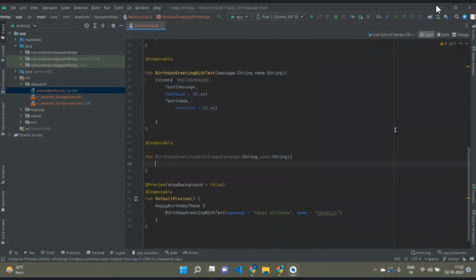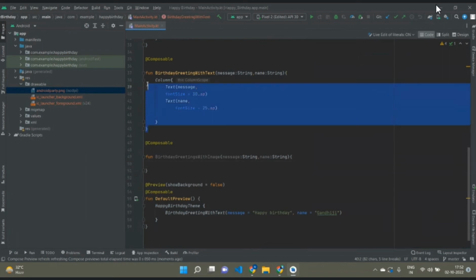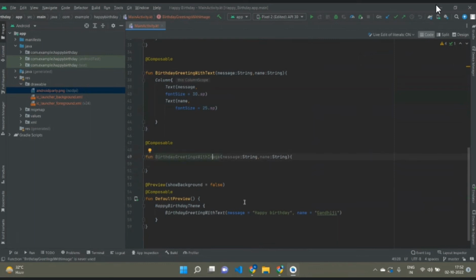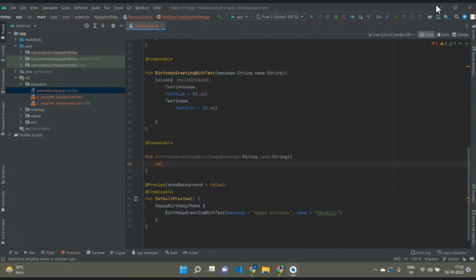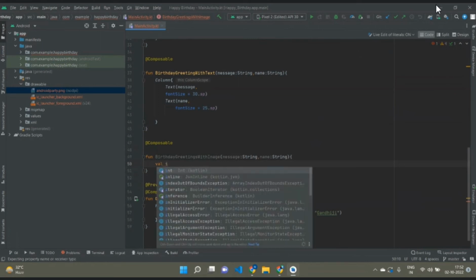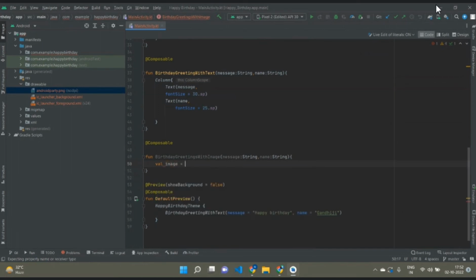So this is our new composable function, and what we will do is call this text function inside this and call the image function as our main function. Let me show you what I'm speaking about. First of all, let's store our downloaded image, Android party, in a variable so we can use it wherever we want. And I'm using val for it since I don't want anyone to change the image which I'm adding in the background. If you want to change that image, you can use var. So image equals to